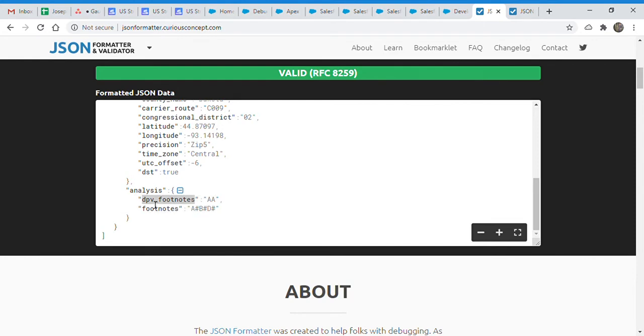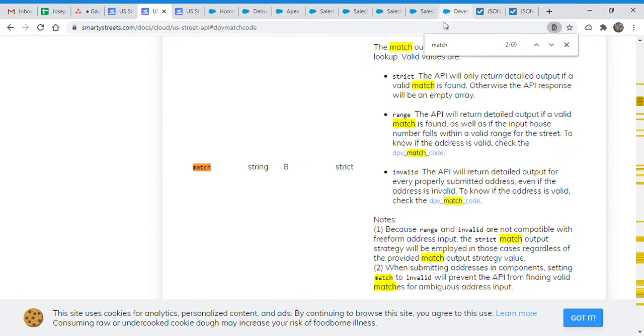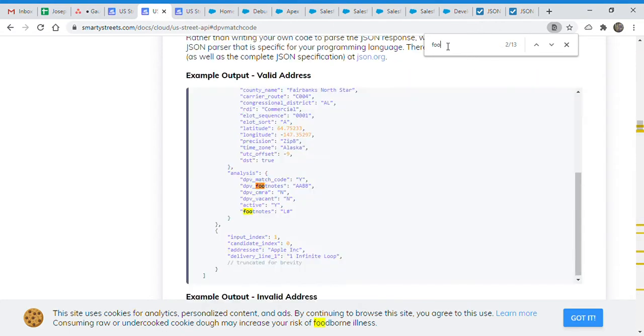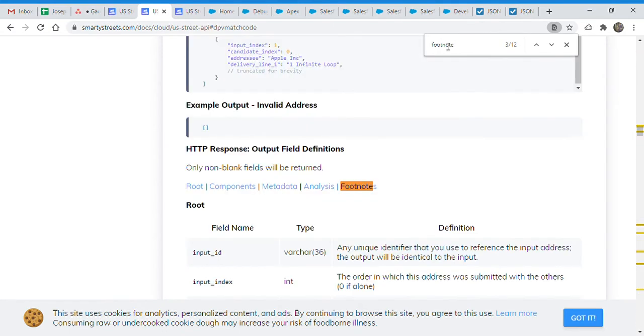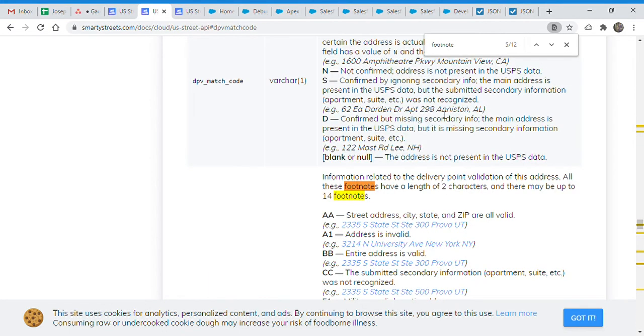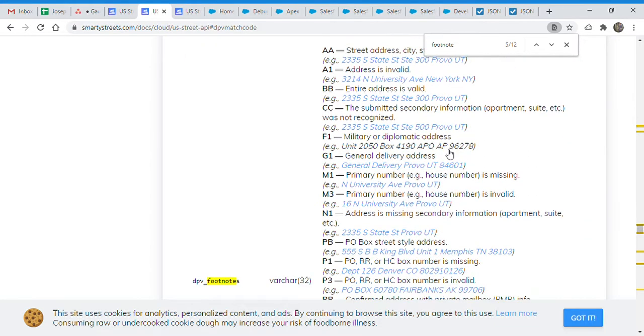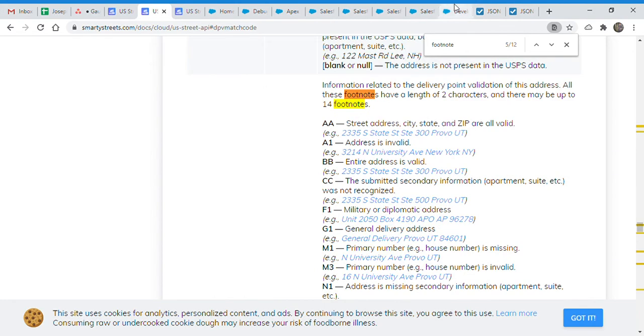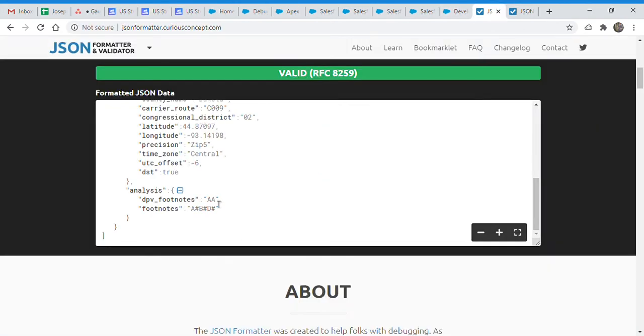So if we talk about footnotes, there is the DPV footnote and then the footnote. These are two-character codes, and small footnotes like that will not make sense. So I think we need to get the values from these places. This is the DPV footnote, and we got the status double A, which is the first value.